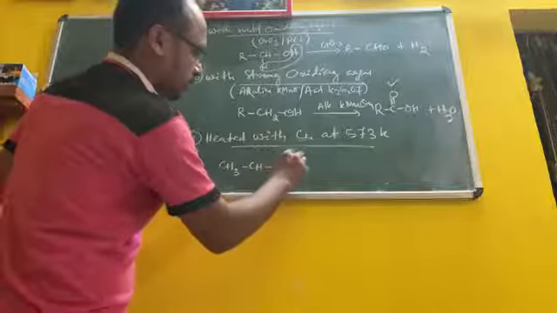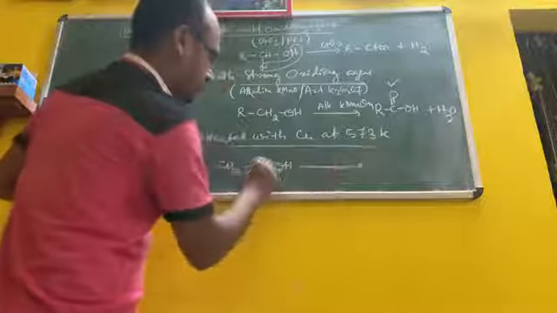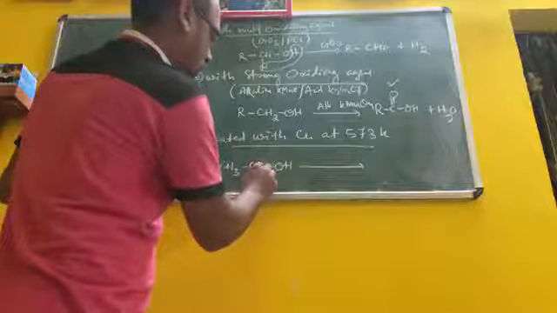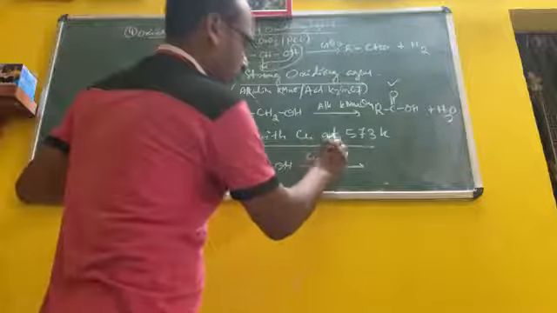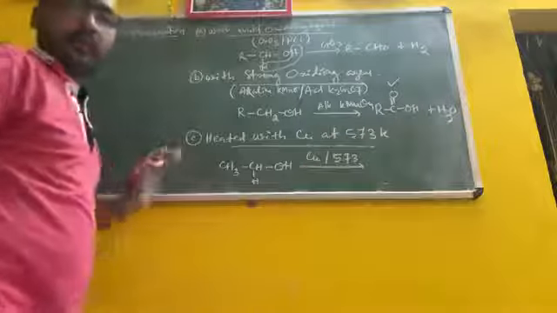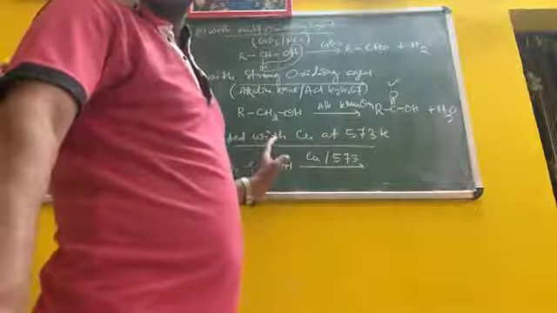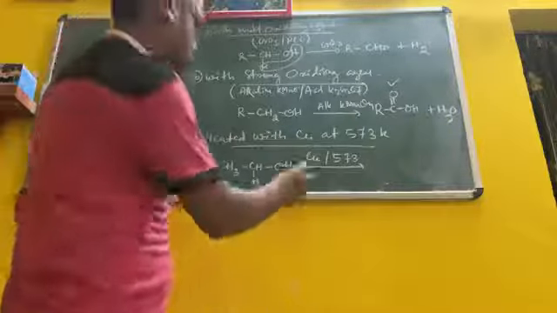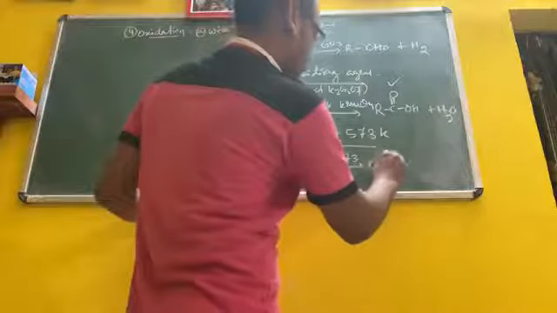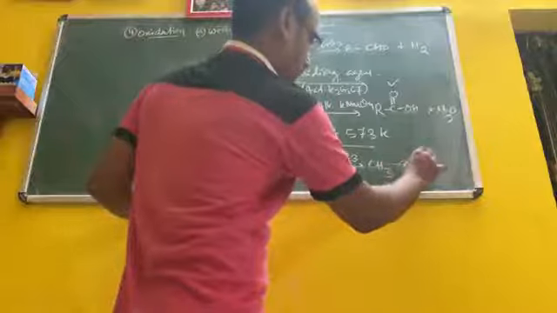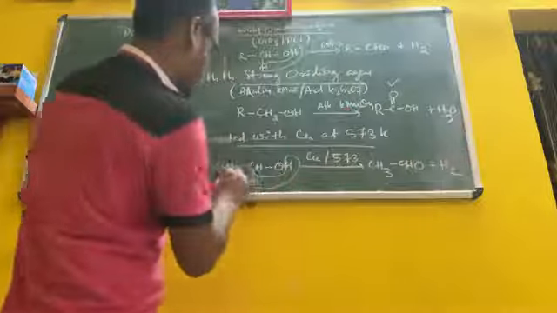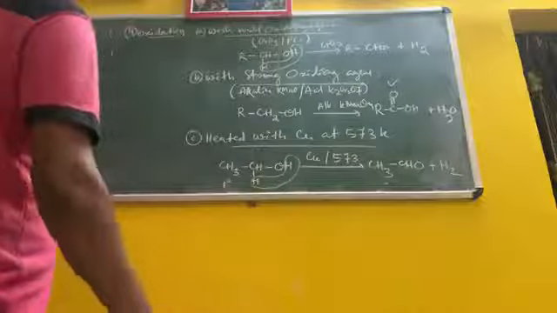CH2, you write here OH. Okay. Then copper at 573 Kelvin. Okay, 573 Kelvin heated copper. It will form dehydrogenation. That is your CH3CHO plus H2. This is your primary. Okay, then I am writing here